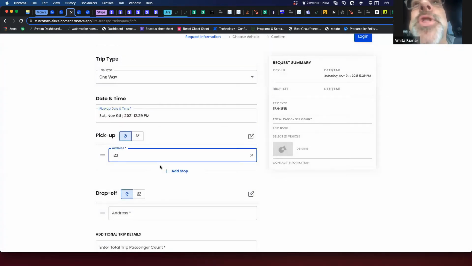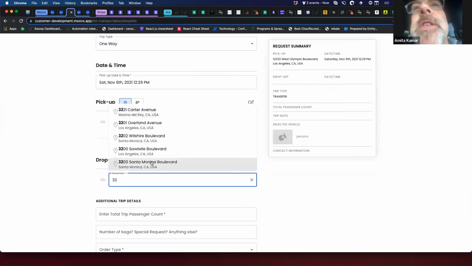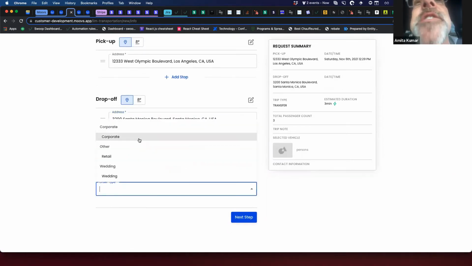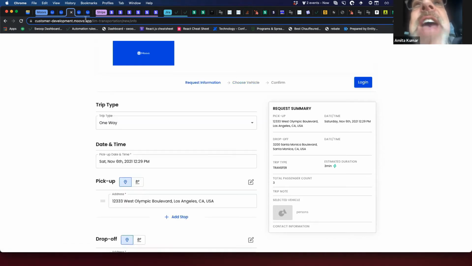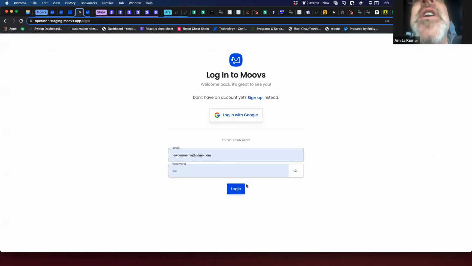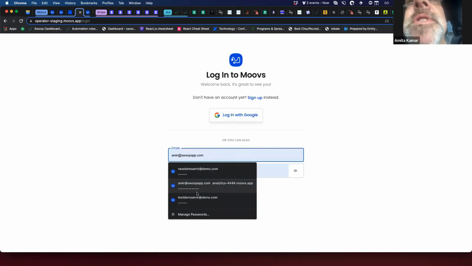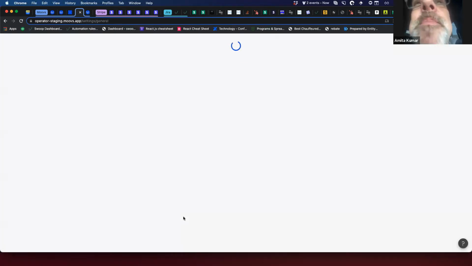You can put their driver information in there, or you can say who would be the driver. You can go in quickly and enter that in your driver profile, go into their affiliates page and add that driver associated with that affiliate. So if they say it's Joe driving, in that particular affiliate, you'll only have a list of Joe, John, and Jim, and you can pick which driver they say it's going to be, and then that driver will receive the Moovs driver app notification. So yes, you can still farm out even though they're a non-Moovs affiliate. You just have to go in there and build it up yourself.